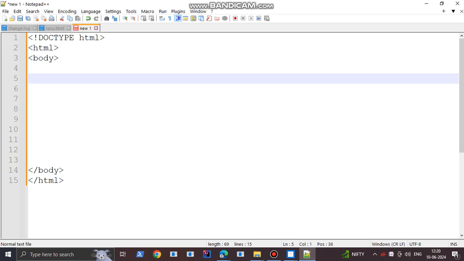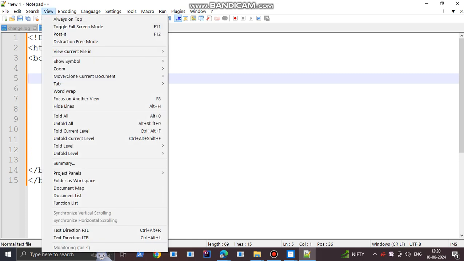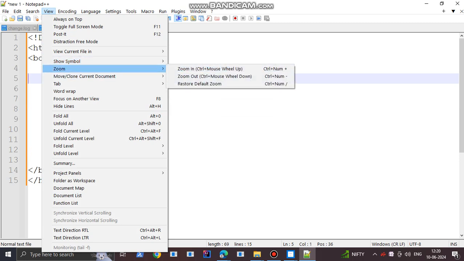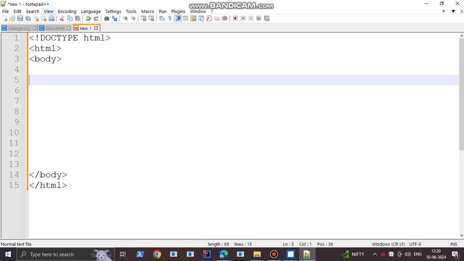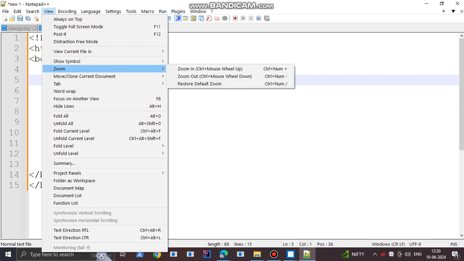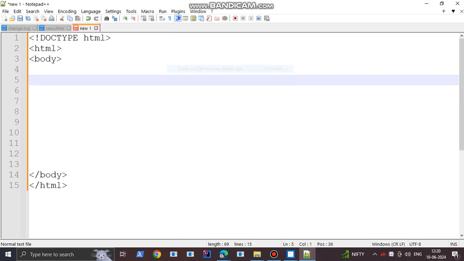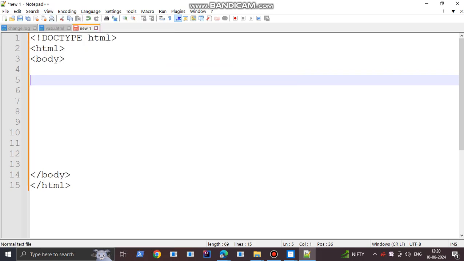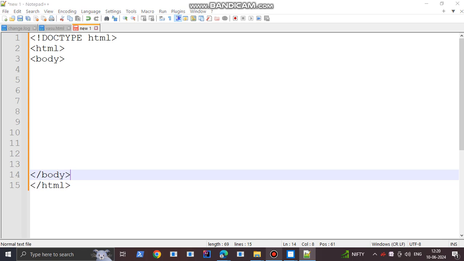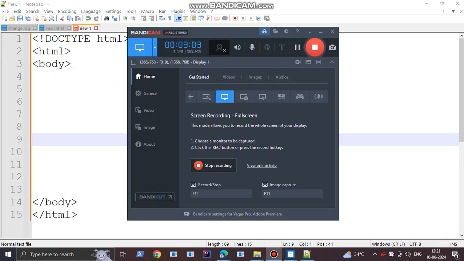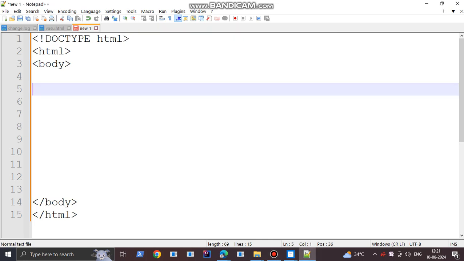Now try to write the code. If you are not able to see the code, I can zoom so that you can see. Within the body, first of all, let us write the code for the header section.